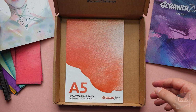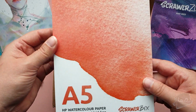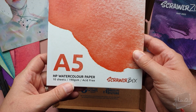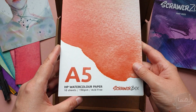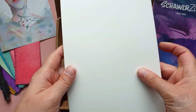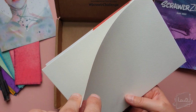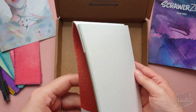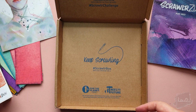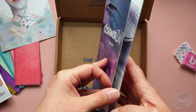Nice, very nice. And then we get the Scrawlrbox A5 HP watercolor paper. There's 10 sheets. And it's 190 GSM acid free, so it's their own brand. So again, nice texture, quite textured. Yeah, and you get 10 sheets, which is a nice amount of paper to work with and get used to the medium. So the Scrawlrbox zine itself,